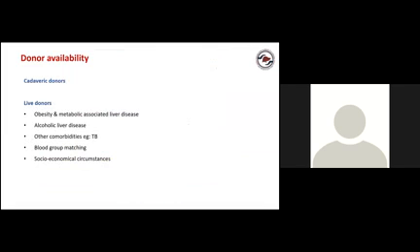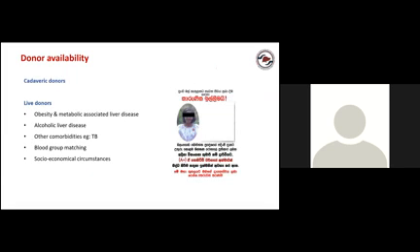Lastly, coming to donor availability. In cadaveric donors and live donors, there are a lot of challenges, especially with the metabolic associated liver disease, where a lot of our parents have either alcohol history, alcoholic liver disease, or they have diabetes or metabolic associated liver disease, fatty liver, where they simply can't donate to their children. So it's a problem. Actually, this has resulted in people going on social media asking for liver donors because none of the parents can donate for these children. So we have to prepare the donors and discuss about the donors quite early.